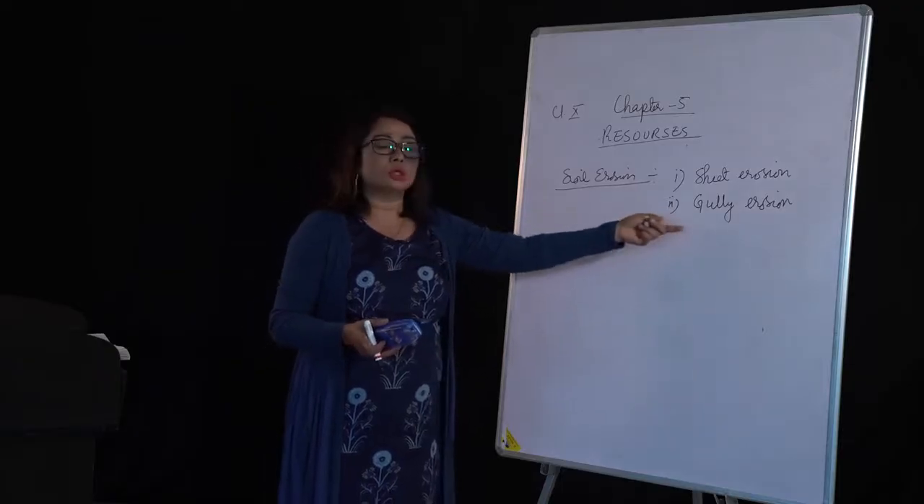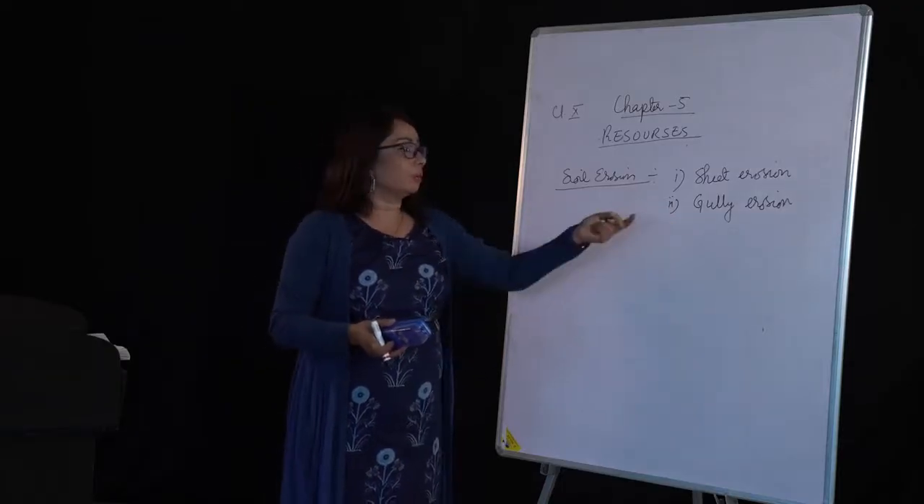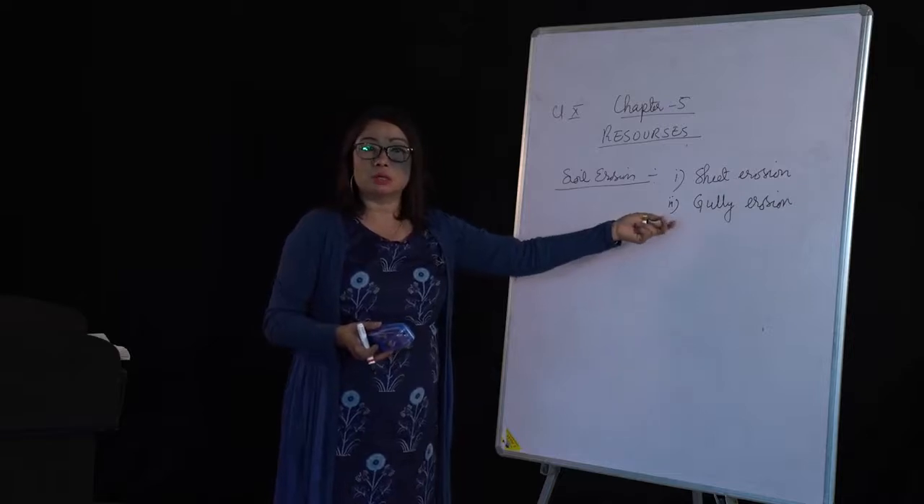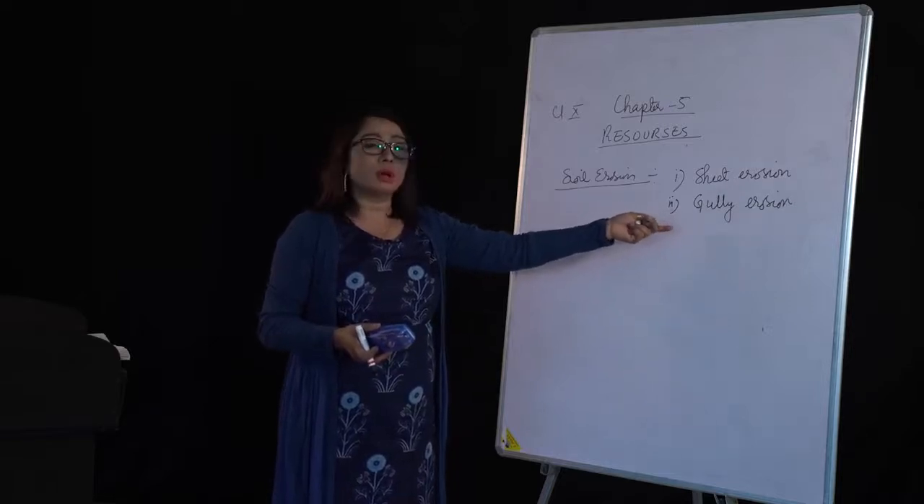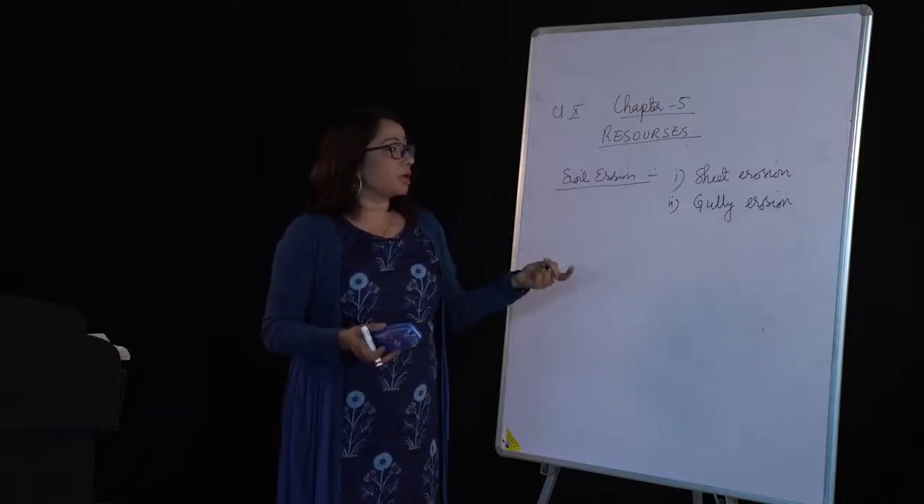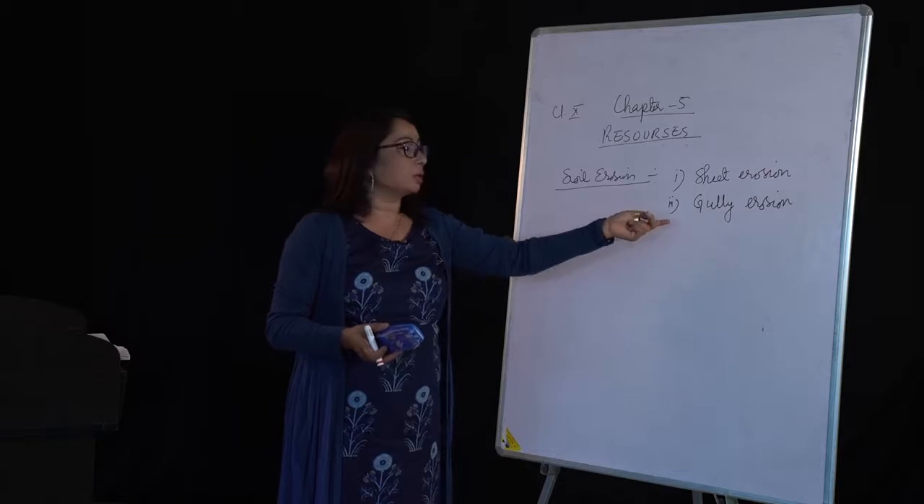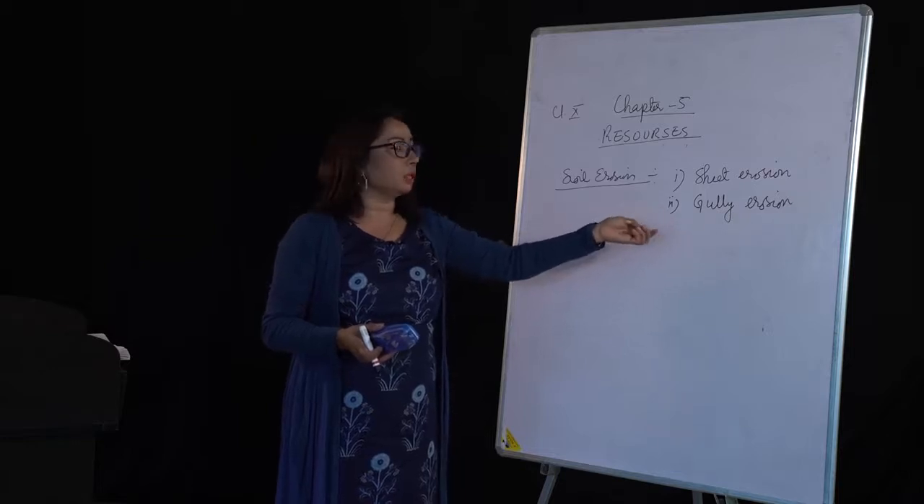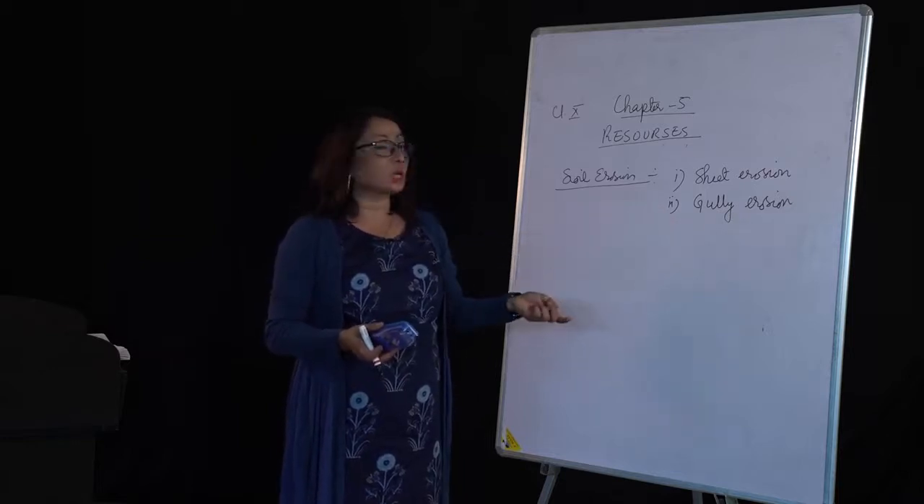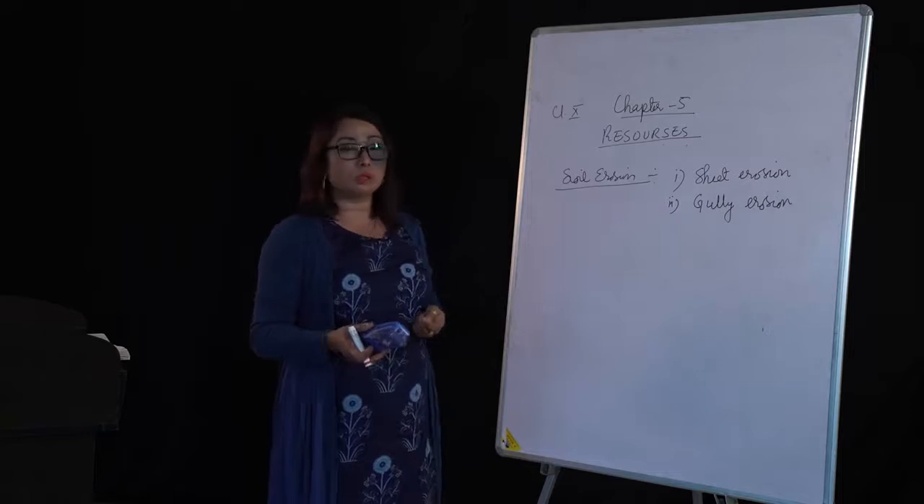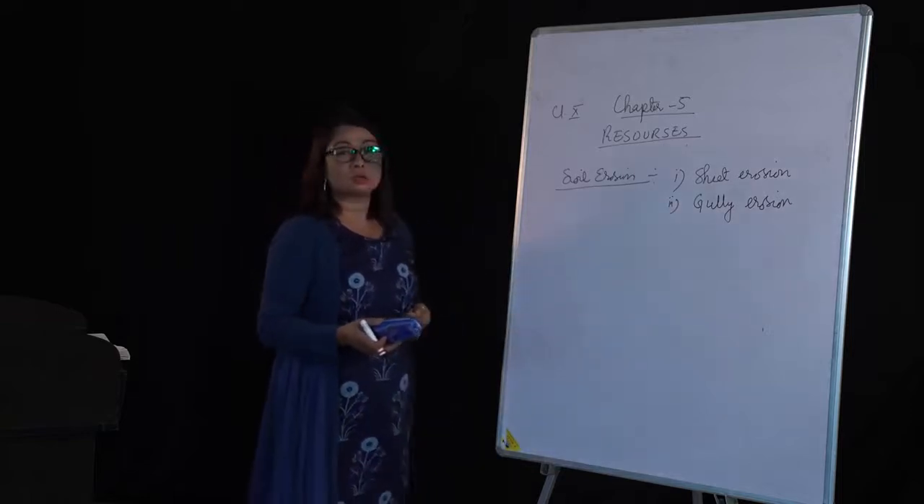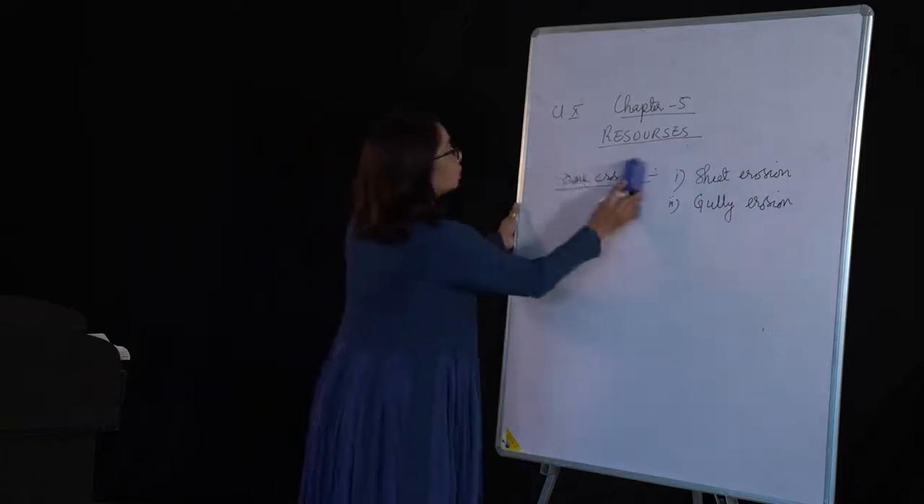Now it leads to the development of badlands and ravine. And the Chambal Valley in Madhya Pradesh is the result of gully erosion. Up to this much we did last class. So today's class I begin with